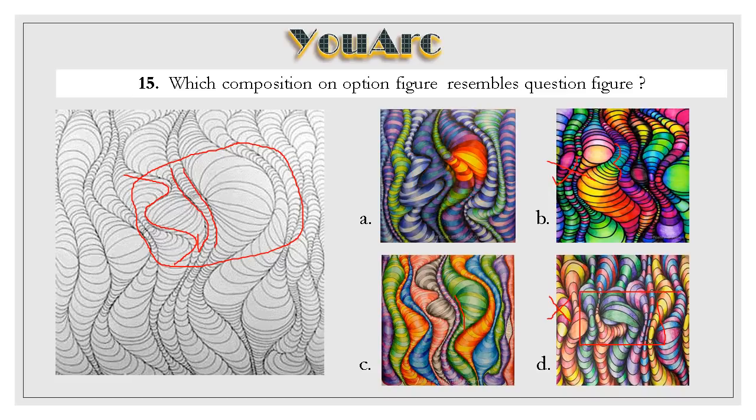Let's see in detail. We'll take this particular portion here. It is not there here. There is some S kind of thing happening in this. I'll show you the difference. Here this portion is very thin, and consider this portion is like this. Here it is not that thin, and there is some S happening. Yes, it is thin, and something like this is coming here. So the option will be C.